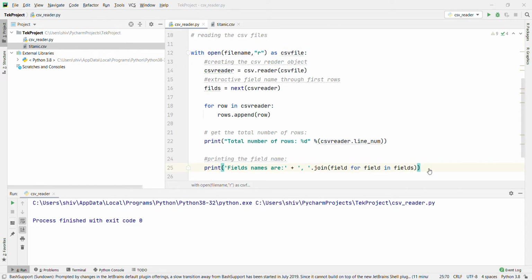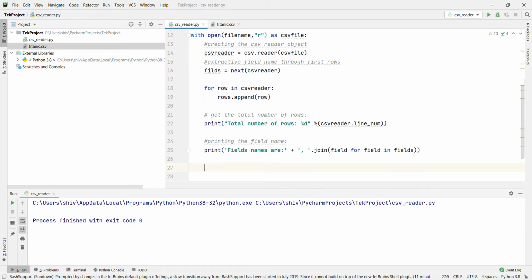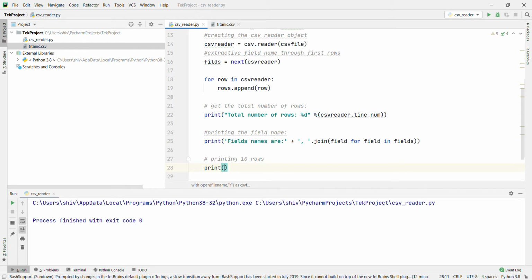Now we are going to print the rows. We are going to print only 5 rows or 10 rows. Print a new line, first 10 rows of the CSV Titanic CSV file.